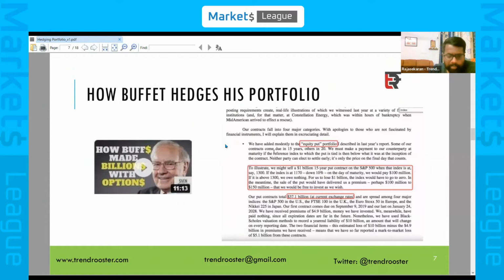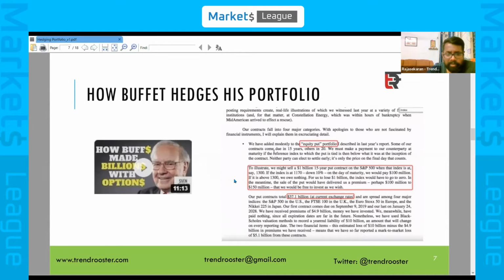You might have heard about covered call, but here he's selling puts against his holdings, which means it's a covered put. The covered put is 15 years long, the put contract is sold, and he collected 150 million. So this is also one kind of hedge for his portfolio. It's not available in the Indian market context, with such a long period, and we can't do it ourselves. But I just wanted to highlight how others are doing it.